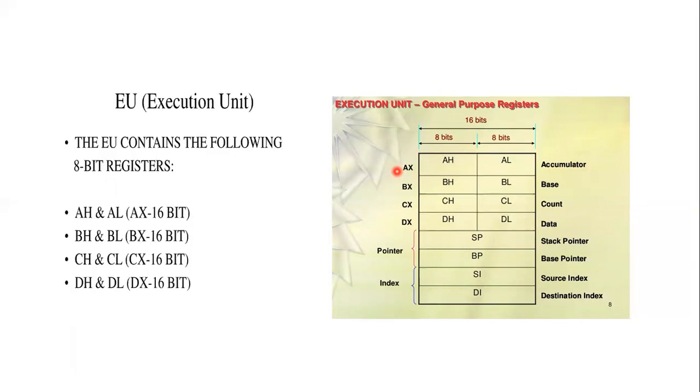So each register can be used as 16-bit, that is the AX. Then base registers are 8 bits, BH and BL, and for 16-bit we use BX. Then the count register CX, for 8-bit CH, CL, and then the data register for 8 bits DH and DL. For 16-bit we call it the DX register. And then two pointers. One is a stack pointer and another one is a base pointer.